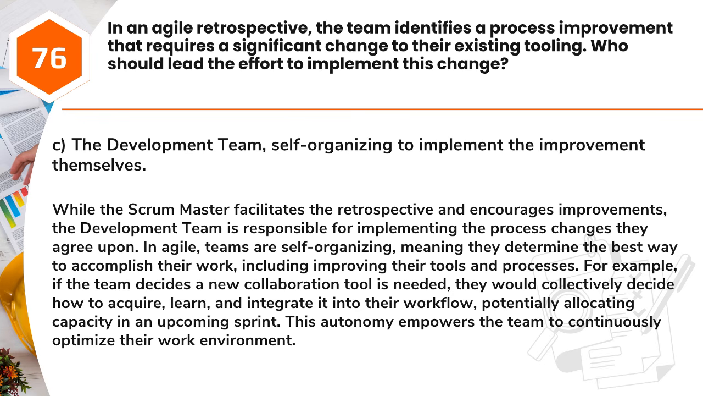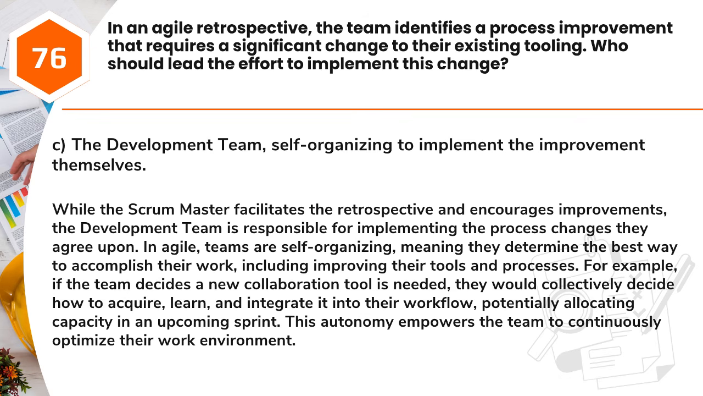Answer: C. The development team, self-organizing to implement the improvement themselves. While the Scrum Master facilitates the retrospective and encourages improvements, the development team is responsible for implementing the process changes they agree upon. In Agile, teams are self-organizing, meaning they determine the best way to accomplish their work, including improving